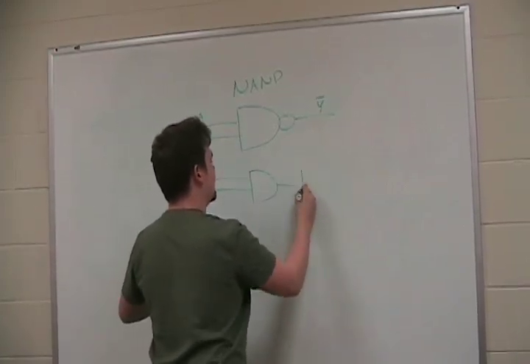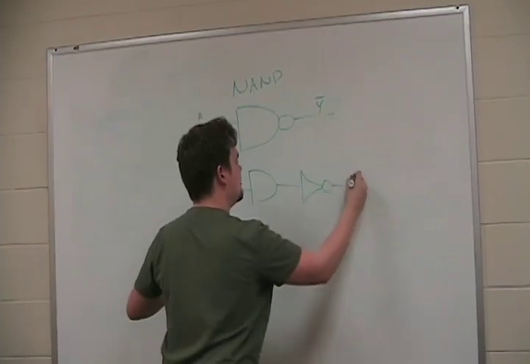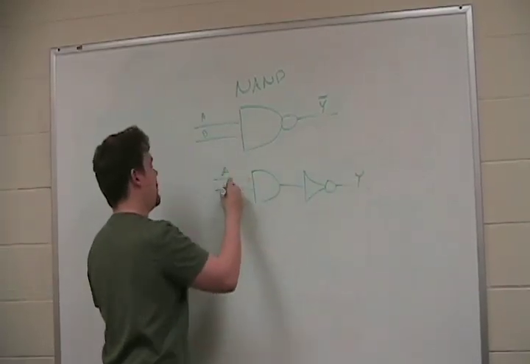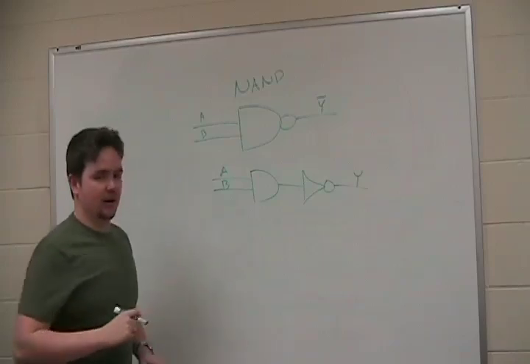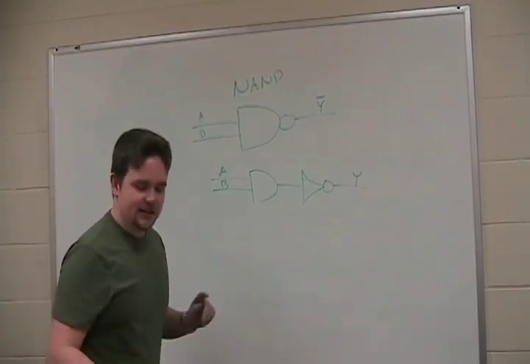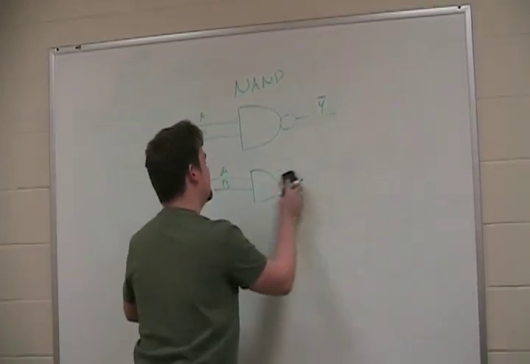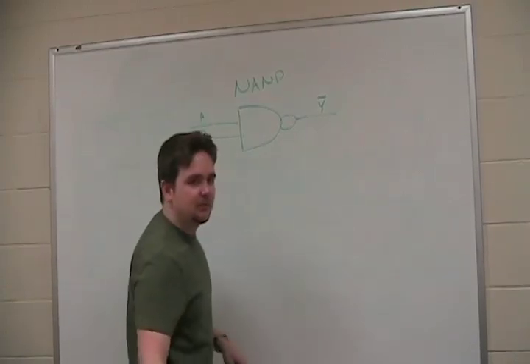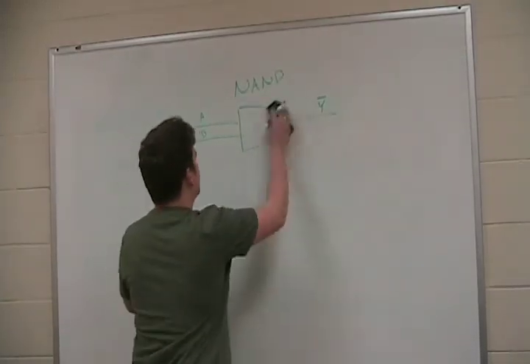So it's essentially like taking an AND gate and connecting it to a NOT gate. You see what I mean? I hope that's clear. It's a little bit hard to comprehend maybe, but you'll get it. So let's do the same thing with